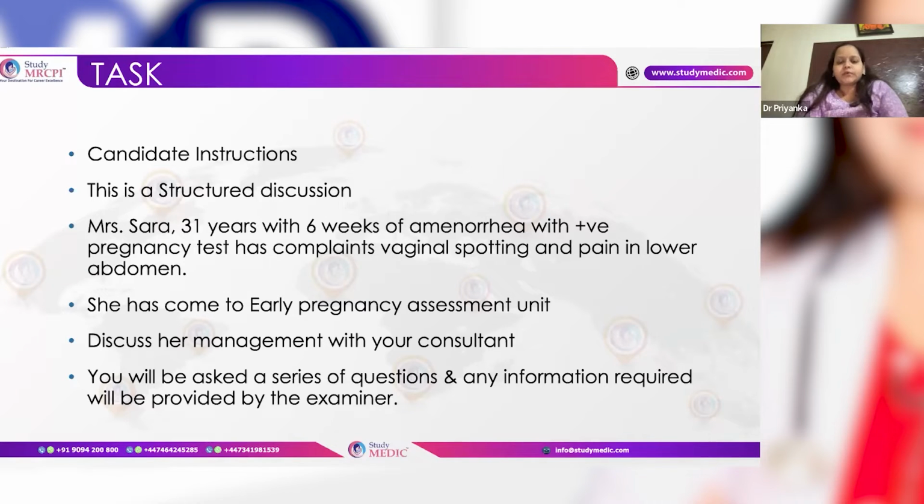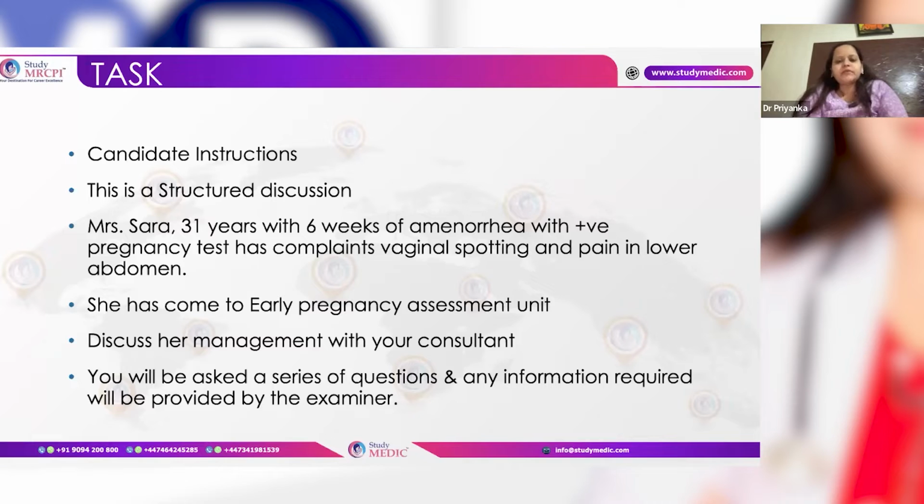Then I want to ask her about medical history, if she has any previous gastrointestinal problems and any previous renal tract problems, like ureteric calculi, which can also cause acute abdominal pain. Then surgical history, any previous surgeries in the past, and her blood group and any reservations for blood transfusion. Knowing the blood group is important in case she requires surgical management. And I will ask about her allergy history.